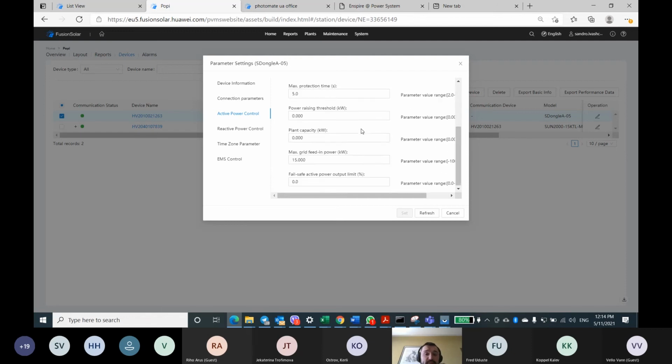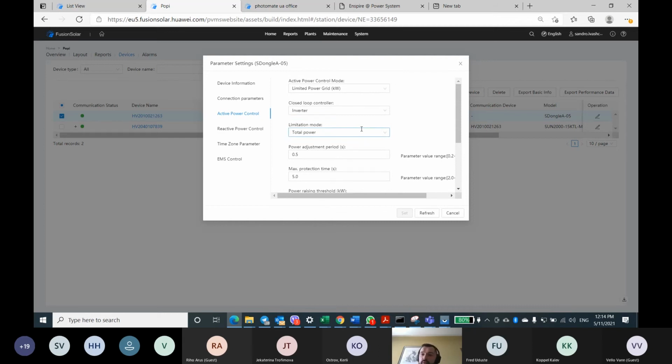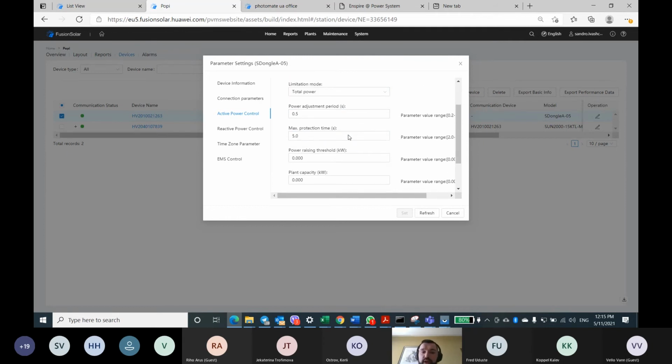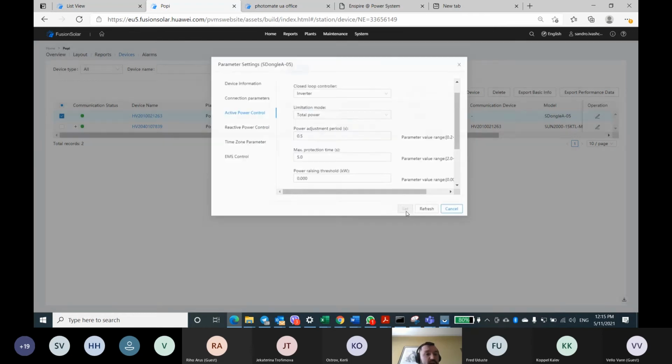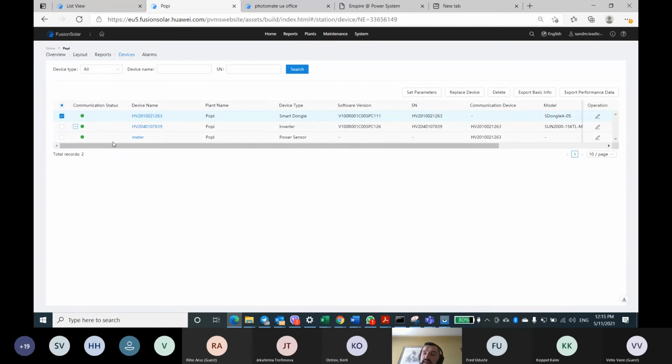So why is it important? You can always, for example, finish some installation, then go back to the office or home, and afterwards need to change some parameters, for example to reduce the power output or to reverse the polarity, I mean to reverse the meter current transformers. You can always do it from this menu. But in this case, the power meter current transformer reverse should be made from here.